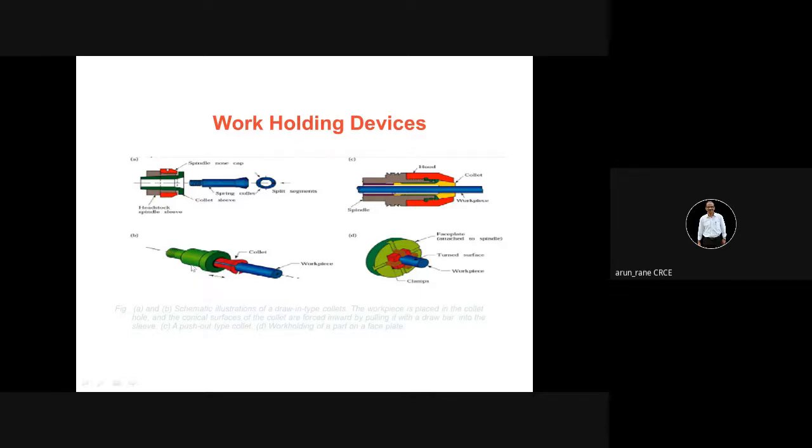So the use of collet is unlike your 3-jaw chuck and 4-jaw chuck. If I am using a 3-jaw chuck, it will have an arc contact, but not over the entire circumference. It will have 3 contacts at 120 degrees and for a certain amount of arc.